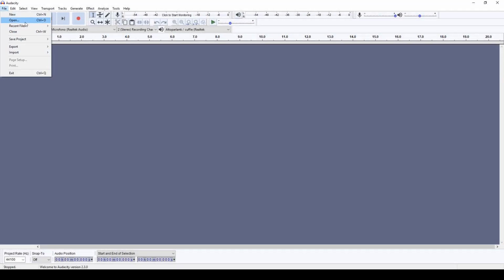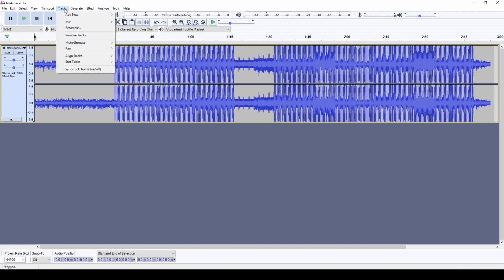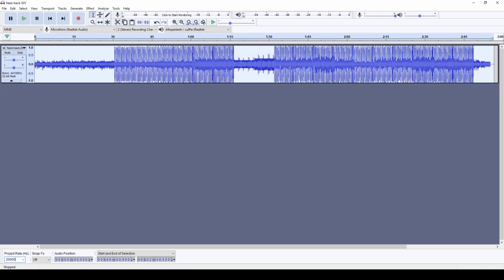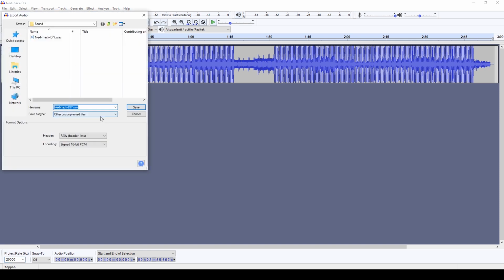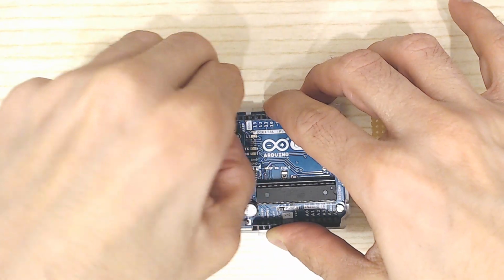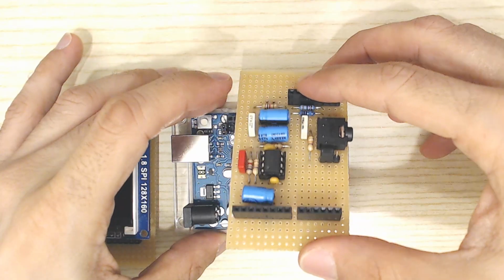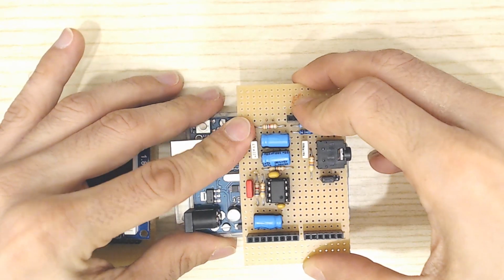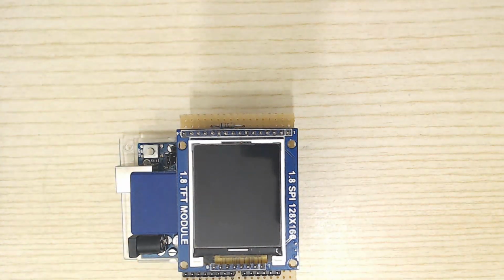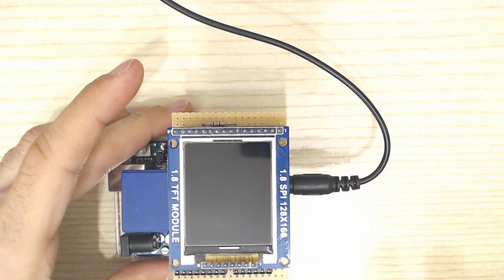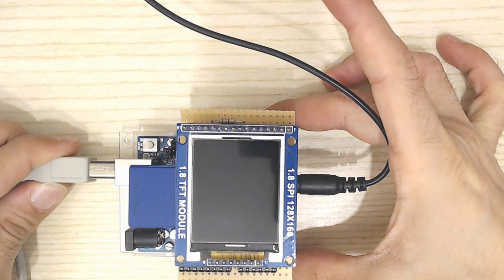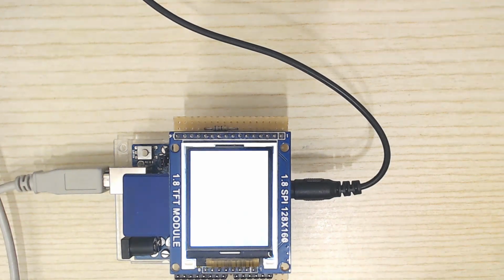Finally, everything is ready and we just need a 20 kilosamples per second single channel audio. To do this, choose your audio file and use Audacity to convert it to a 20 kilosamples per second, 16-bit, single channel audio file in RAW format. Then put the file on the SD card and program the Arduino. After that, remove the power and put the jumper to avoid contention on the USART. Then insert the SD card and the two shields and connect the headphone or some amplified speakers using the jack connector. After that, apply power and you should hear your audio.